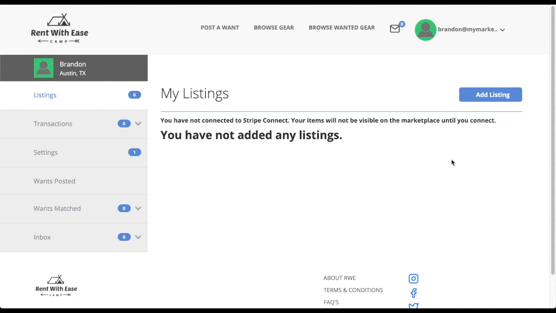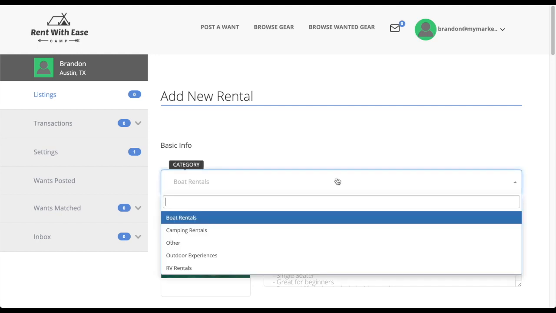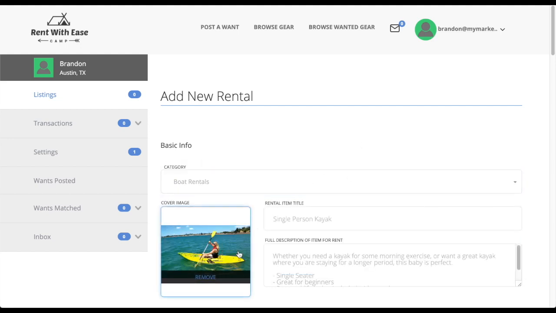So to add listings, they'll click on Add Listing. I already went ahead and filled out this information, so we can go over it. First thing the rental provider is going to do is select the category that their listing falls under. So I selected boat rentals. They'll upload a cover image, and the cover image is the image that is shown on the Browse page. So when users are searching on the Browse page, this is the image that is going to be shown for